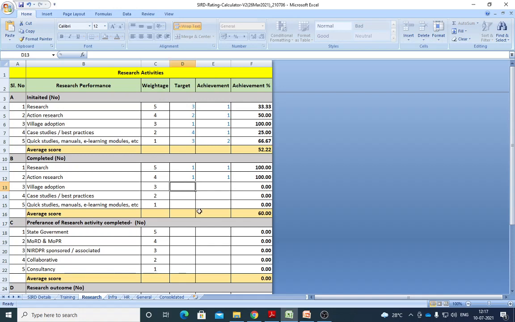And again you have to see that village adoption 1 and 1. Automatically, whatever you have, if you have a previous year project that is a 2-year project, it is going to add here. You have the previous year project also, and this year project I got this. So total target I have is 2 to be completed, but I could only complete 1.